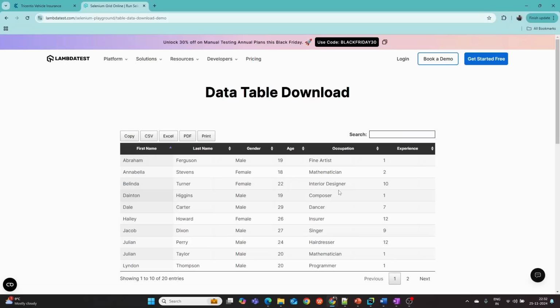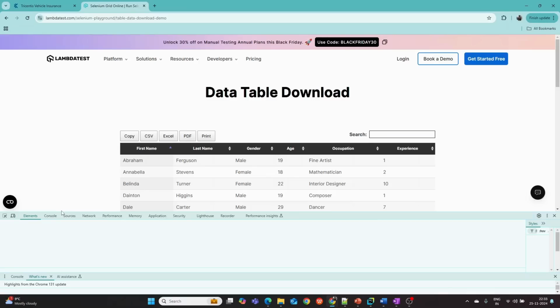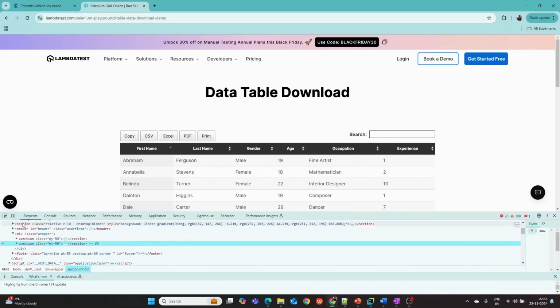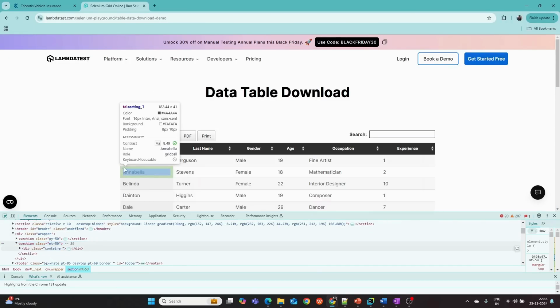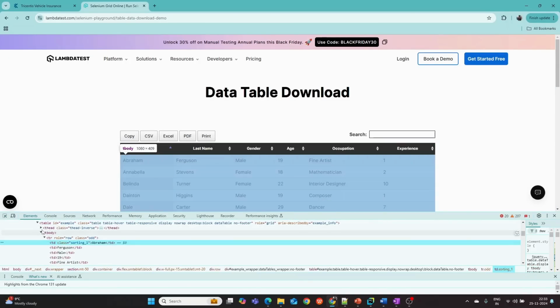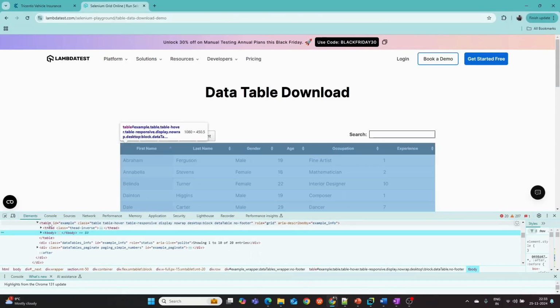Let us try to work with the table. The table is used to display the data in a structured format in terms of the rows and columns. These are the rows, these are the rows. The horizontal is rows, verticals are column. Okay, and if you see in case of table, the table will always start with tag as table, and let us go and examine one of the element, and from there if you go to its parent element, table always starts with the tag as a table,